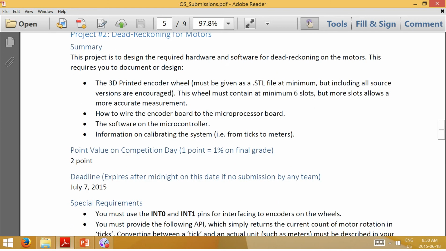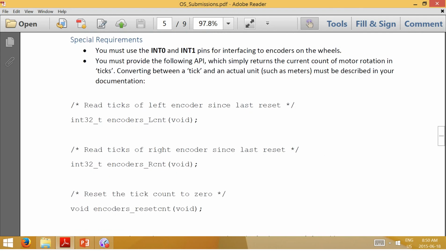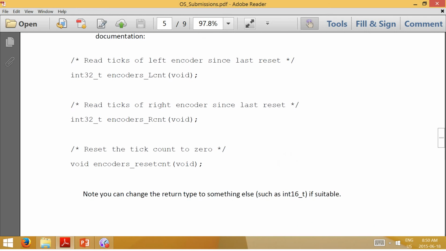How to set up the board: the documentation has the resistor values, how to wire the encoder, and some software on the microcontroller. The software is simply counting how many ticks of the encoder have passed, and someone can directly use that to figure out how far each motor has traveled. So all you would do is reset the tick count to 0 and drive for a little while, and then you could say how far the left motor has spun or how far the right motor has spun.